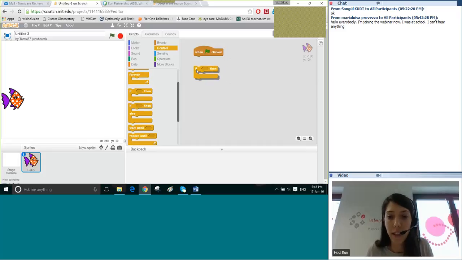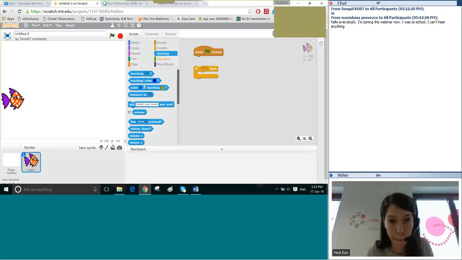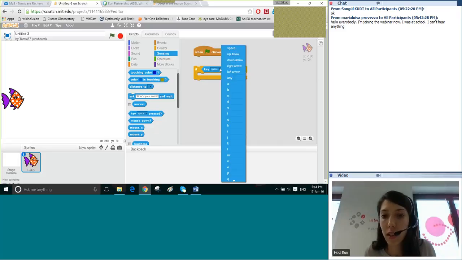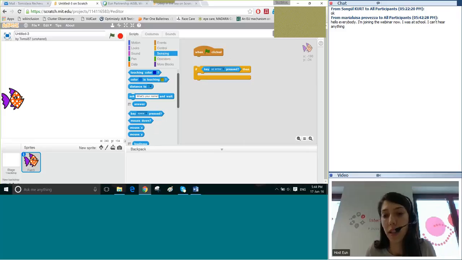And in this case, I would like to make it so that it would move forward or upwards and downwards. So we choose if the key up arrow is pressed, then